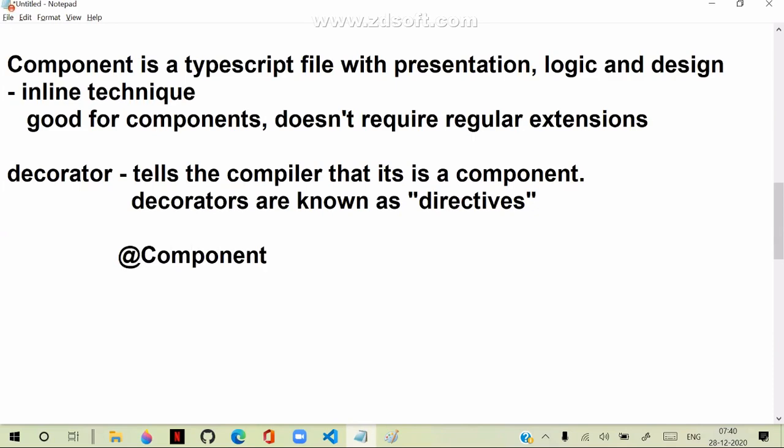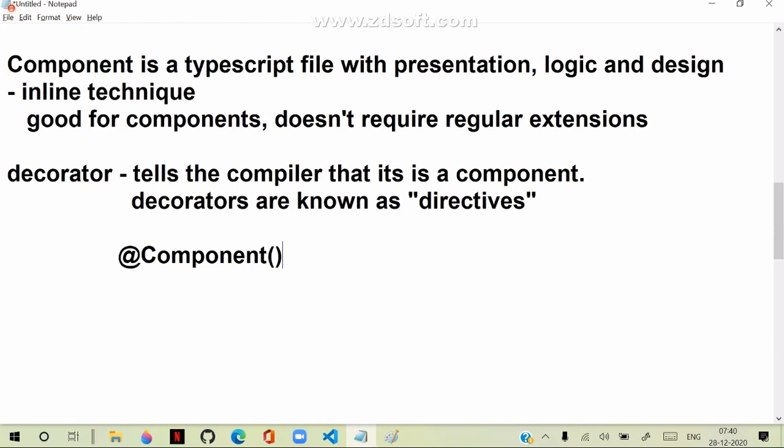@Component is a directive which tells the compiler that this is a component. It provides the information about this component to the compiler so that the compiler can compile and process it.